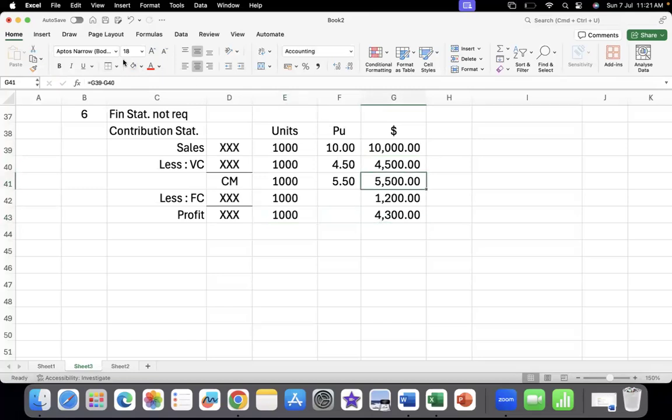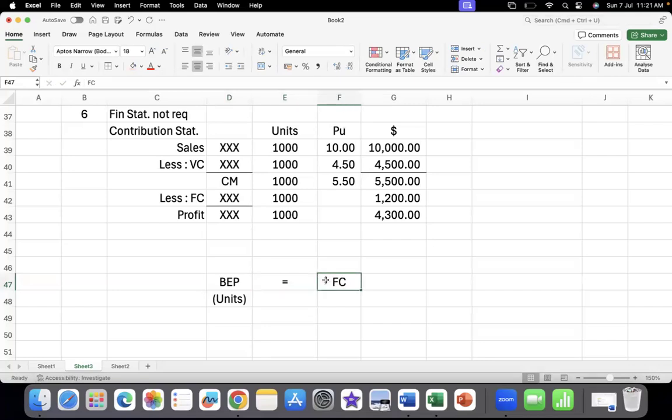Now the question is, are you breaking even? How do you understand that you have broken even? What are the units you need to break even? That means what is the number of units which you need to sell? You're already selling 1,000, fine. But what are the units you should be selling to break even? So there is a formula for that, which is break-even point in units is equal to